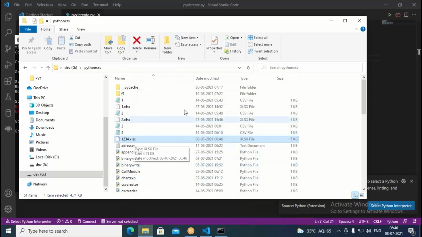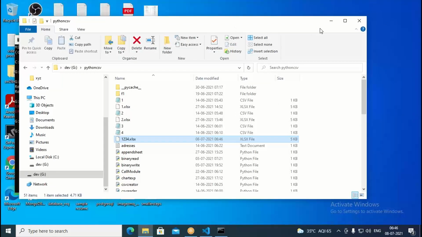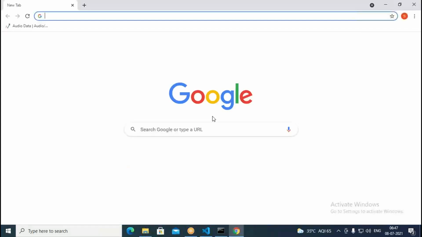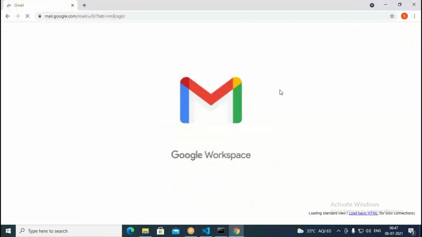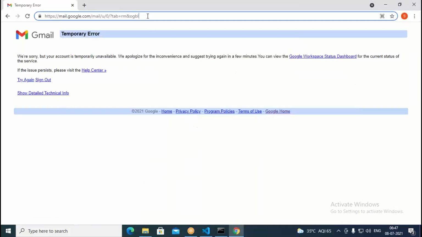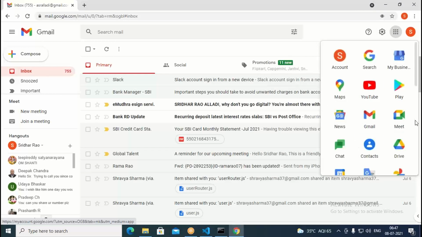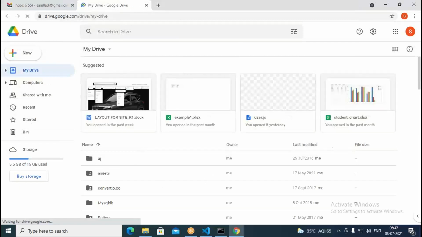But if I open it from my system, it will not open because I don't have Excel on it. In such cases, I can open it using Google Drive. Just open Gmail, go to Drive, and upload the file.